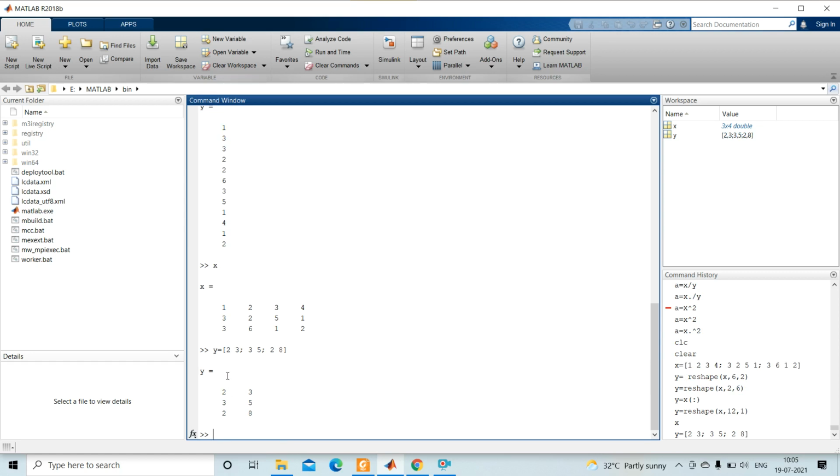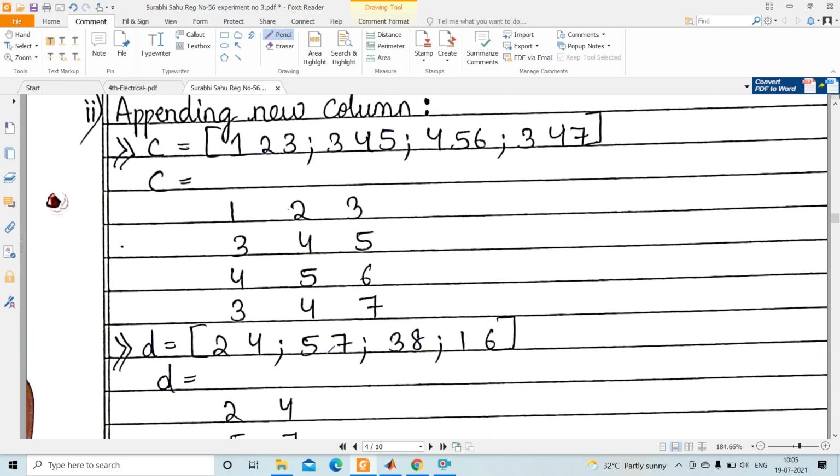So see here, 3 rows are created and 2 columns are created. Here 3 rows are there and 4 columns are there. If I want to add this y here, see here the 2 columns are there. So if I want to add these 2 columns in this X matrix, then what I want to write, see,